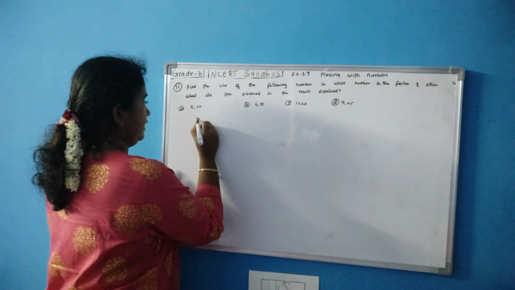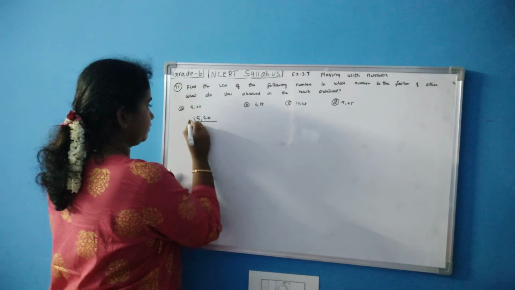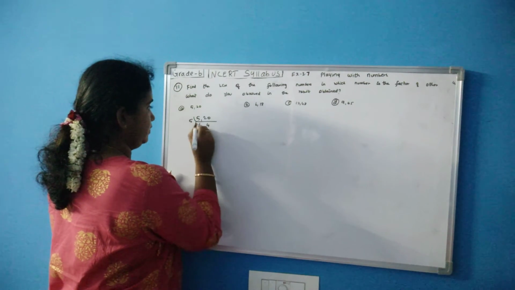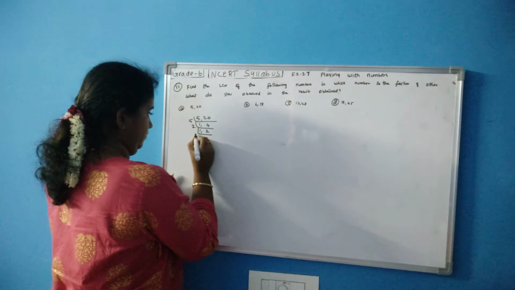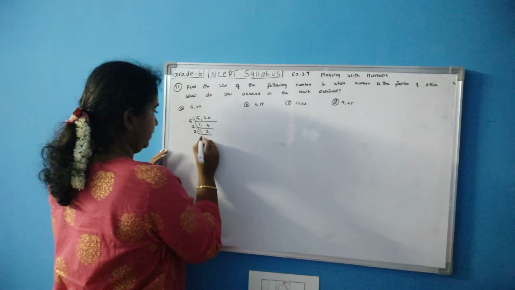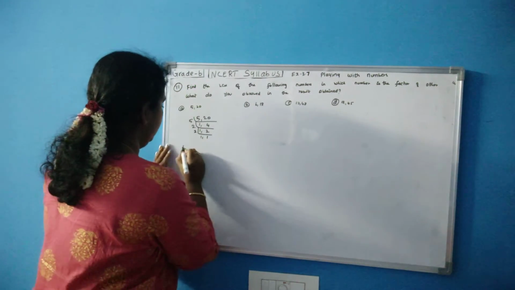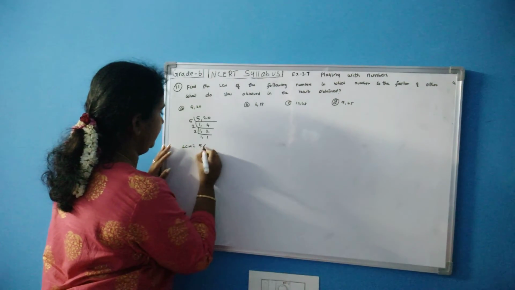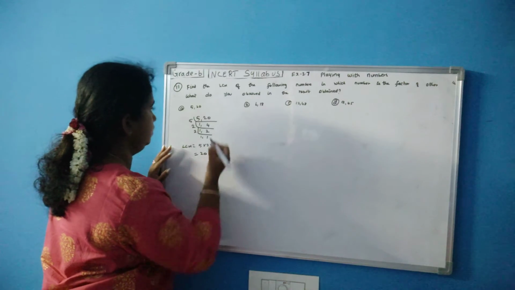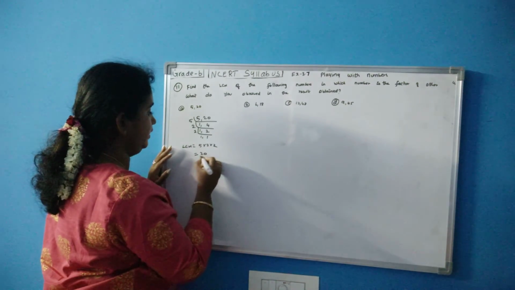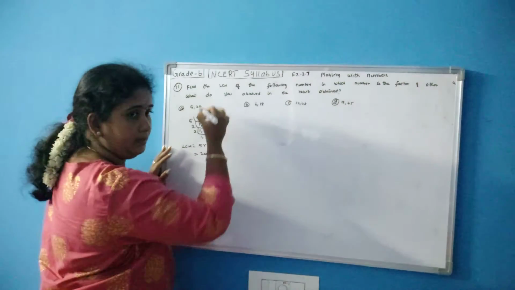So I am going to find the LCM of 5 and 20. 5, 1 5 is 5, 4 5s are 20. 2 table 1, 2 4s are 4. Then again 1. So what is the LCM? LCM is equal to 5 into 2 into 2. So that is nothing but 5 2s are 10, 10 2s are 20. So you can find that LCM is one of the numbers.